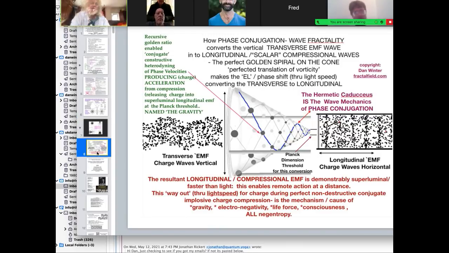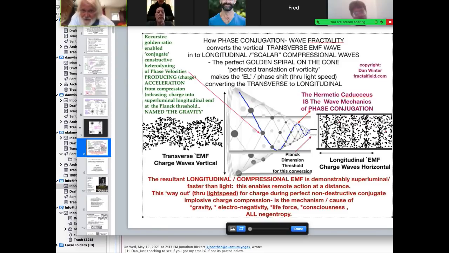This is the slide that explains, and you've seen these before, but see, when the vortex is perfect, side view, caduceus, golden ratio spiral down the perfect vortex, transverse wave enters at the left, up and down, and the longitudinal wave emerges at the right at the toothpaste tube orifice called Planck length. And when you squeeze, implode the toothpaste, which in this case is electrical charge, the physics of the ether,